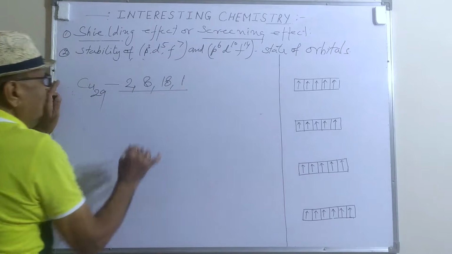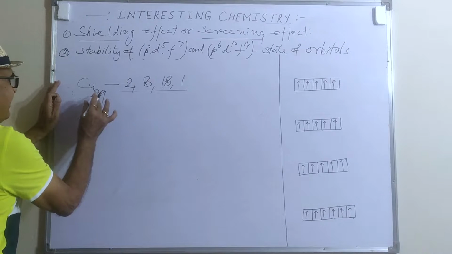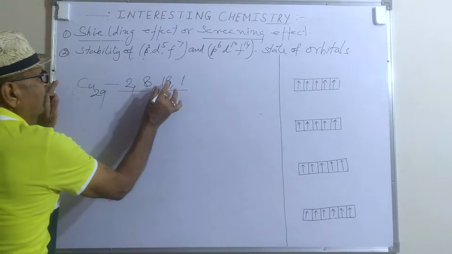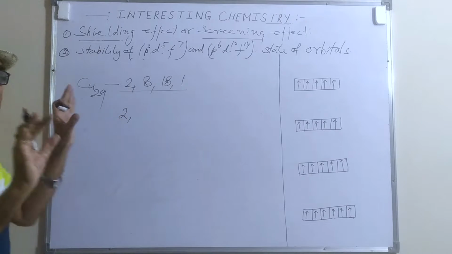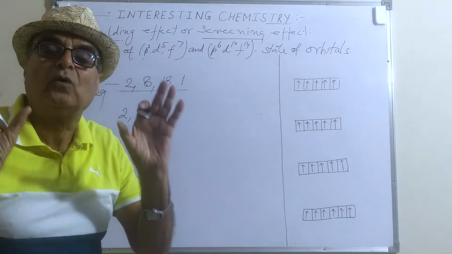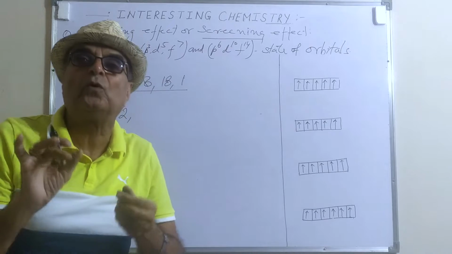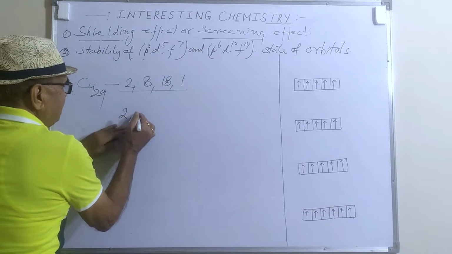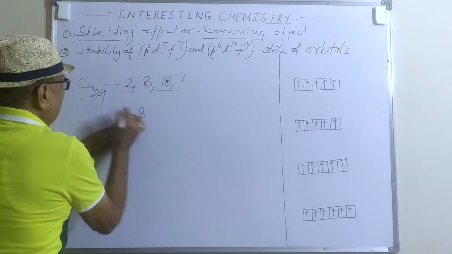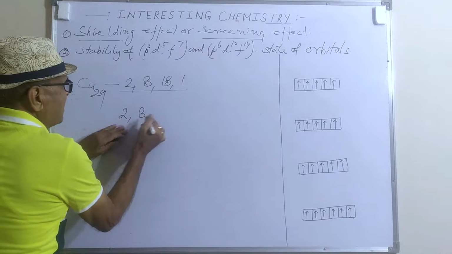But when you write the electronic configuration on the basis of Hund's rule or the Aufbau principle, the electronic configuration of copper 29 must be